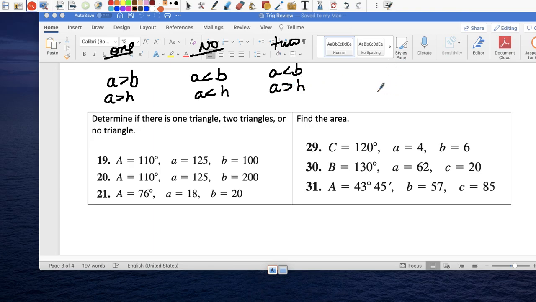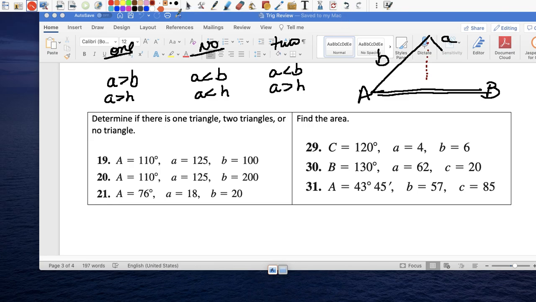So we're going to have, right here is the base of the triangle, right? And let me draw the triangle. This is angle A, this is A, and this is B, this is little b, and then this is little a, right? So I'm not drawing the rest of A because I still don't know if I can make a triangle. And there's obviously the height that you have to figure out. And then remember how to find the height. Height is going to be,